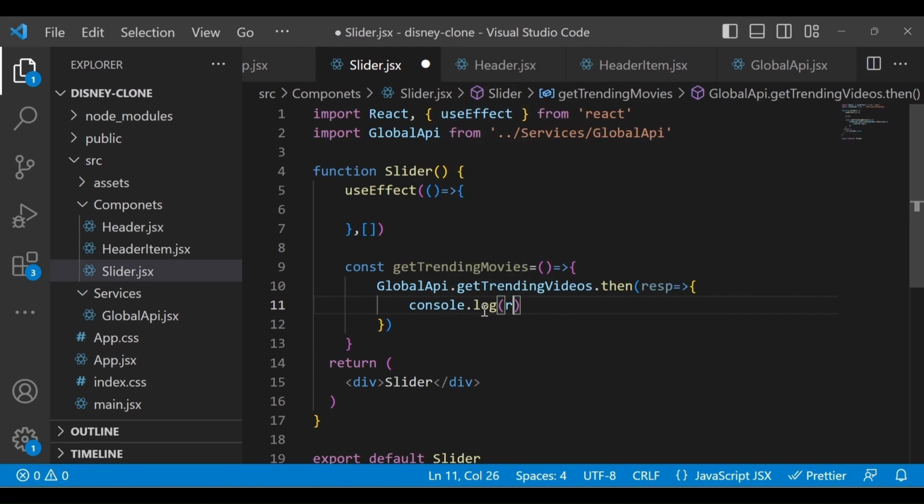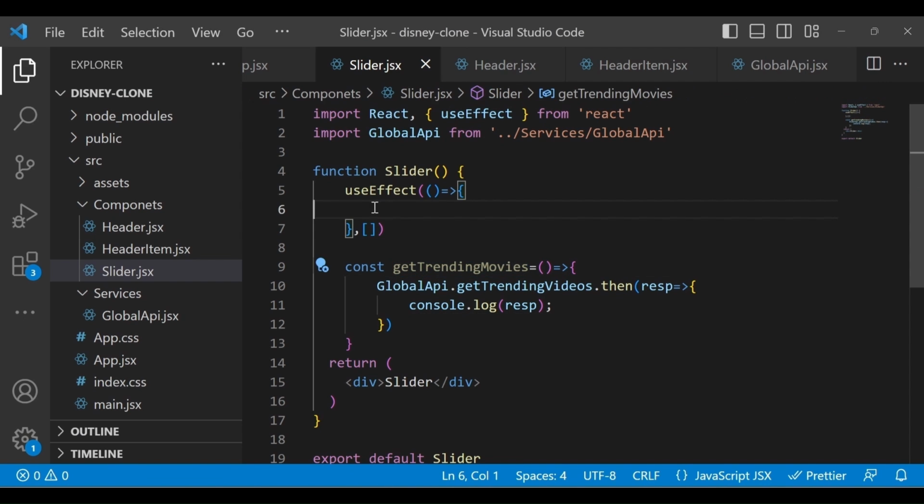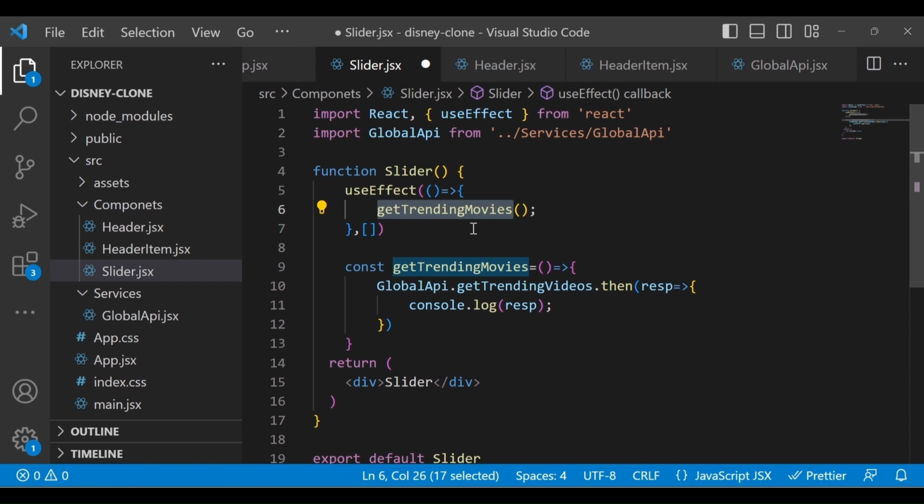Make sure you are getting the correct result, so write the response. In order to call this function, call this particular method in useEffect, so whenever this slider component gets loaded, this getTrendingMovies gets called.